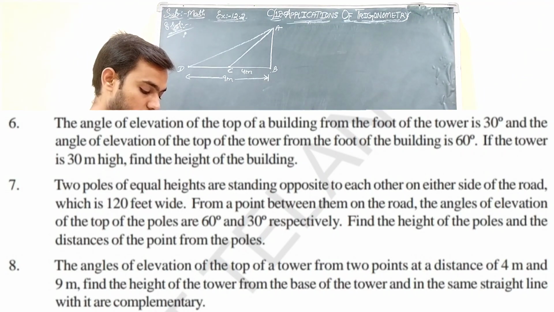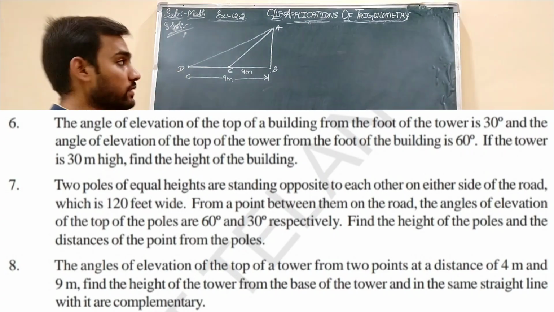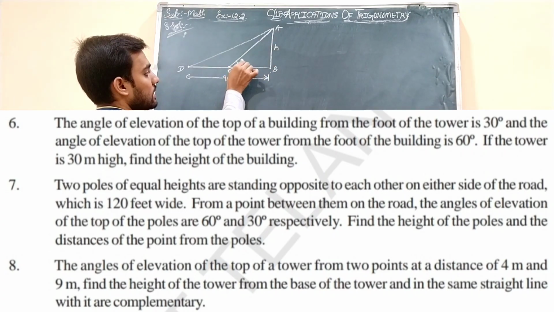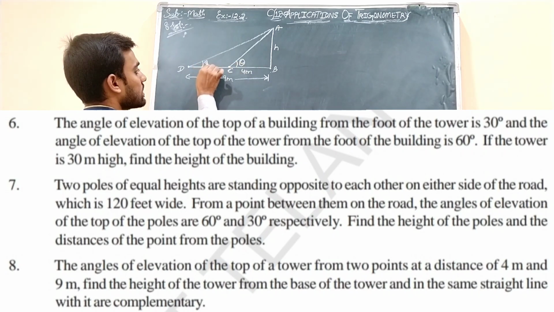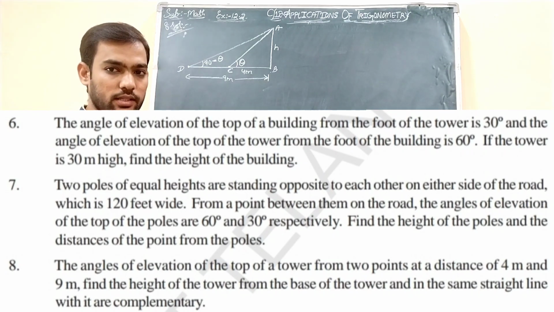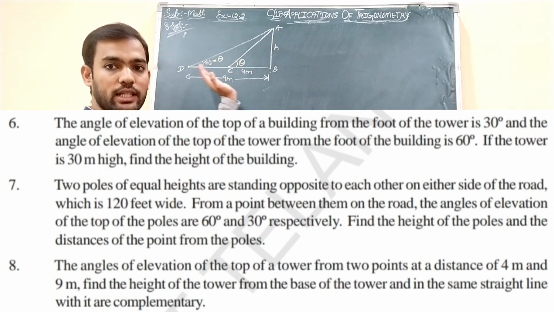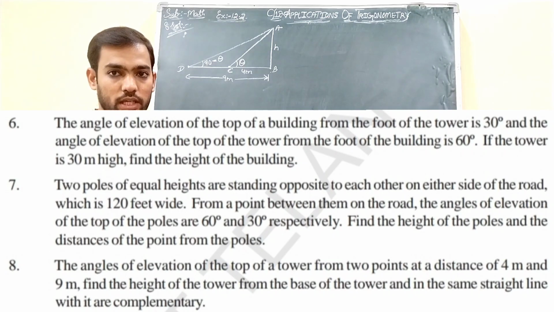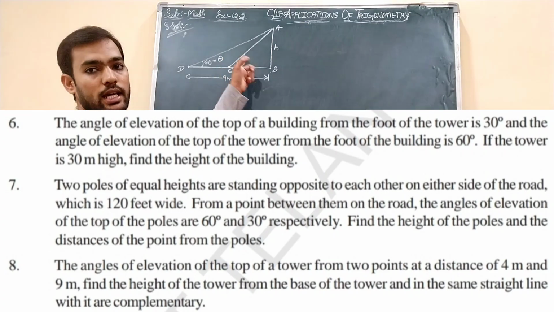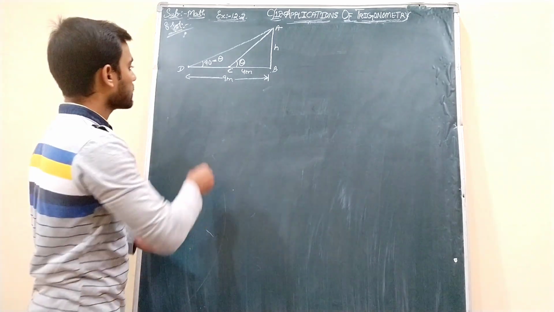Now he has not given anything, he just asked you to find the height of the tower. Only distances are given, angles are not given. We need to find the height of the tower. Let us take that as h, and let us take one angle as theta and the other angle as 90 minus theta, because the angles are complementary. If the first is 30, then the other will be 60. How do you get that? 90 minus 30 gives 60 degrees. Here we don't know any angle, so I am taking one angle as theta, and the other will be 90 minus theta. Right, students?